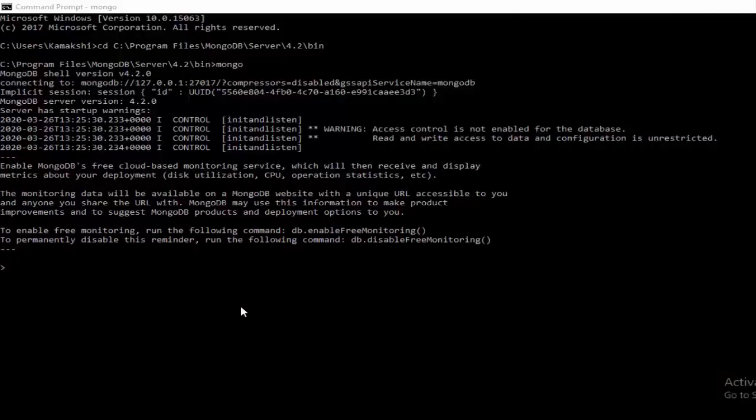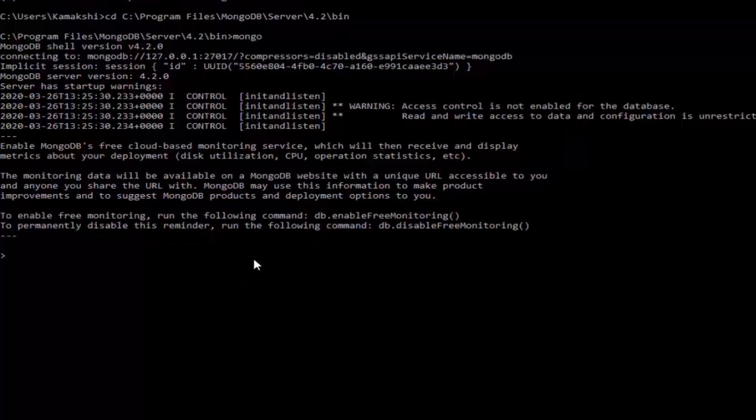As you can see, I am in the Mongo shell. In case you don't know how to open it, I have already shown it in my previous video, so you can check out how to start the Mongo shell and Mongo daemon. Here we are going to insert the document, but before that we need to have a database, and in that database a collection should be there, and in that collection we'll insert the documents. According to the MongoDB hierarchy, we need to have a database first, and in that database we need to have collections, and in that collection we'll insert the documents.